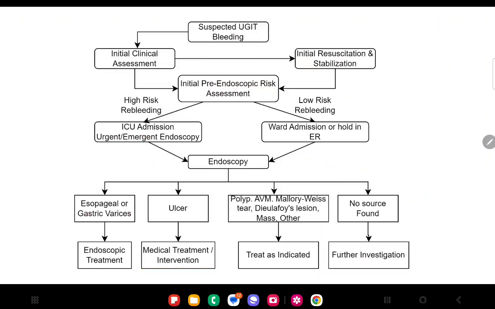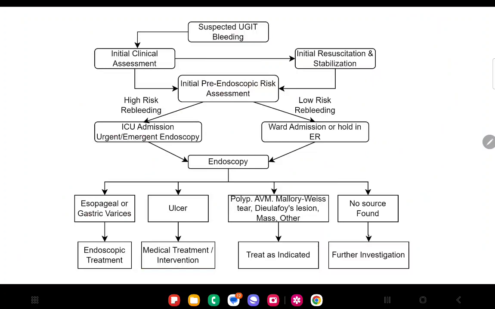If he is at high risk for rebleeding, this entails an ICU admission and an urgent or emergent endoscopy, which could be done in the ER, in the ICU, or in the endoscopy room. If the patient is at low risk of rebleeding, you can send him to the ward, or keep him in the ER and do your endoscopy after the initial pre-endoscopic assessment and stabilization. After endoscopy,